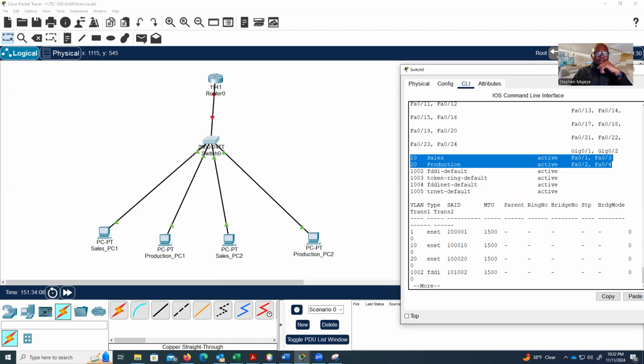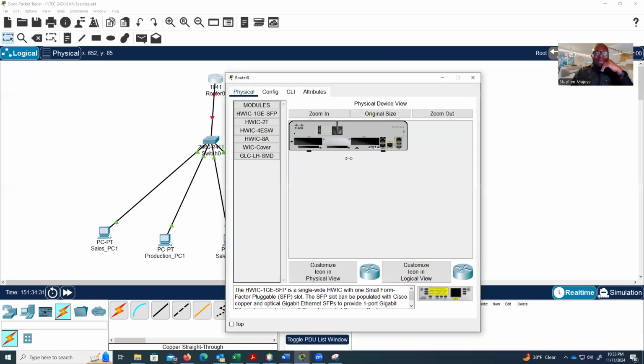That is what can allow the sales PCs to communicate with the production PCs. Otherwise, without a layer 3 device, they are not going to be able to communicate, and the traffic will be separated. So using this router, I am going to configure that concept of a router on a stick that allows us to connect different